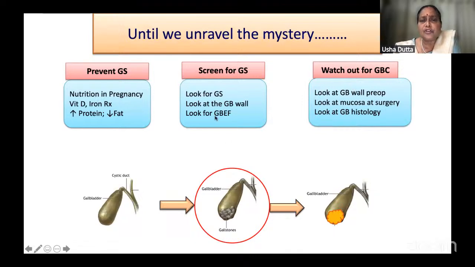We have to ensure that we screen gallstone patients for gallbladder wall and look at the gallbladder ejection fraction also, and look for gallstones, not just incidental gallstones. So this is what we are doing right now to pick up asymptomatic gallstones, and watch out for gallbladder preoperatively, at surgery and at histology. A large number of patients haven't even gone back to collect their histology, haven't met their surgeons. Have they met the surgeons? They don't pick up the histology, and this is a big problem.